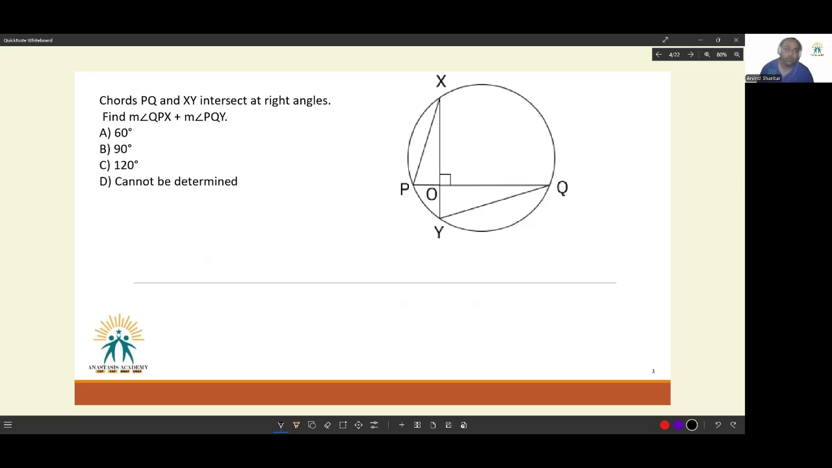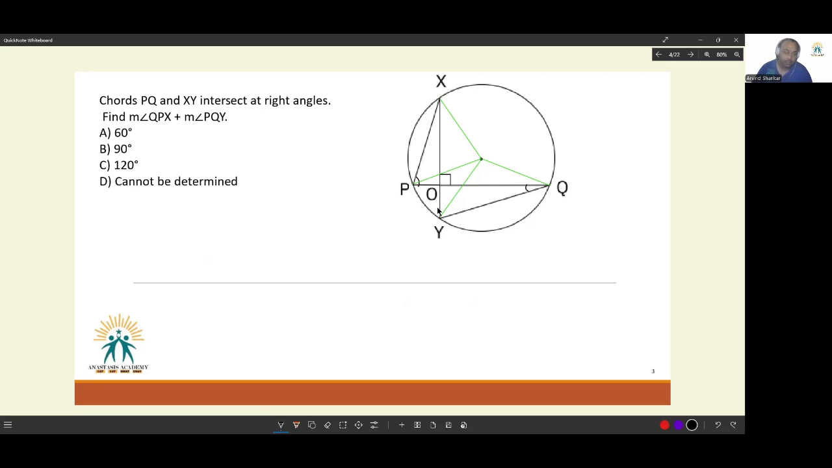Next, chords PQ and XY intersect at right angles. Find the measure of angle QPX, this angle, and the measure of angle PQY, this angle. Okay. Let's say there is a center of the circle somewhere here. Now, if I were to join the center to these 4 points,